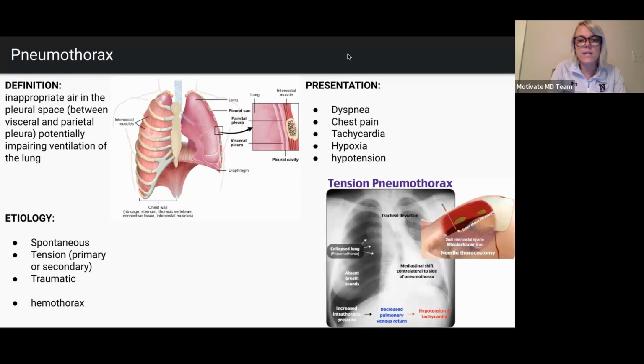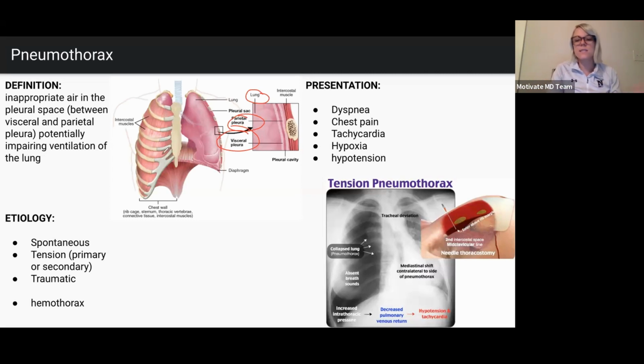And remember what it is. Here's the lung, obviously. And the pleural cavity is a space between the visceral, meaning whenever you hear visceral, that's the part actually attached to the organ. Visceral is kind of an organ attachment. Parietal is usually always the outside. The pleural cavity is a space between the parietal and the visceral pleura. And when air gets in there, it expands that space and collapses the lung. That's why we have to emergently stick in that needle to expand the lung back.